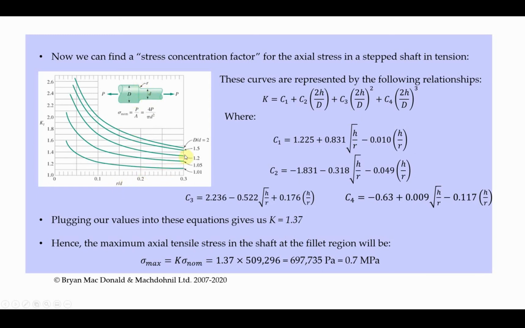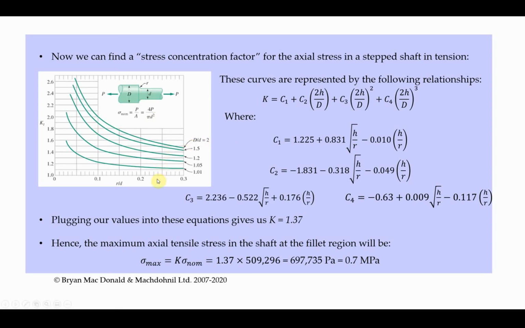And if you plug them both into this curve here, you can find out, first of all, which curve you're dealing with, and then you read off r over d. So let's say, for example, your D over d was 2 and your r over d was 0.1. You'd go up here and you find this point here, and you'd find that your KT value, or your stress concentration factor, was 2. Okay, and what you do then is you'll multiply your nominal stress by that stress concentration factor, so you double your nominal stress, and that would give you the stress at the blend region here. In our case, our D over d factor